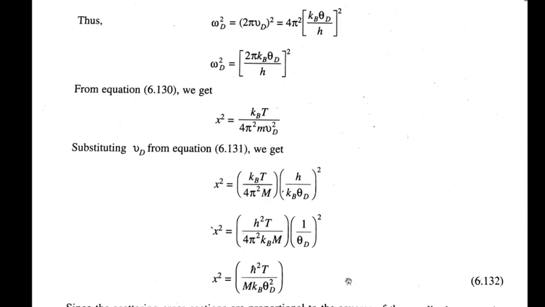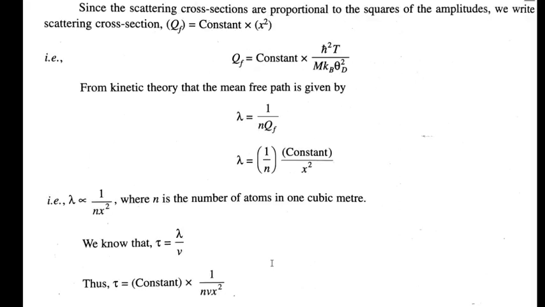And finally, x square is equal to h square T upon m mass. This is the Boltzmann constant, Planck constant; these are all constant parameters. The Debye temperature for a certain metallic crystal also remains constant. So the only variable parameter is T. So the next final equation I am able to produce is the